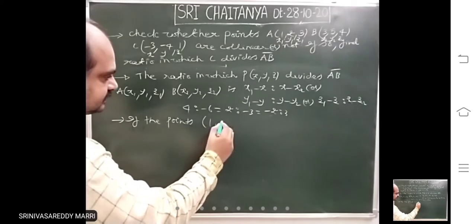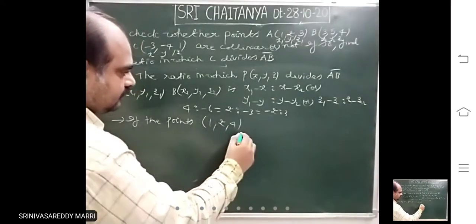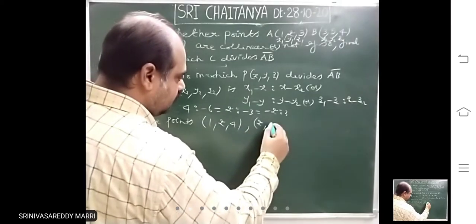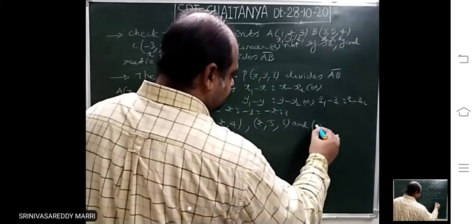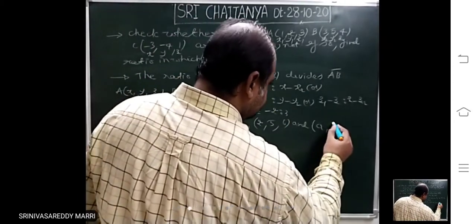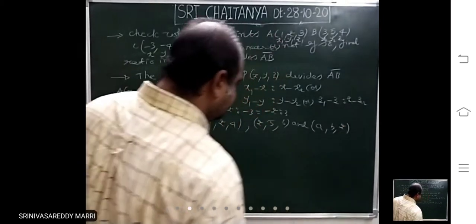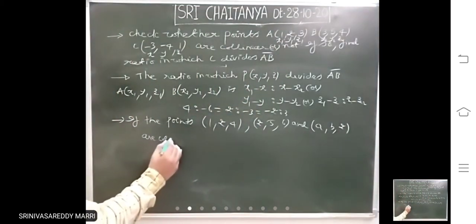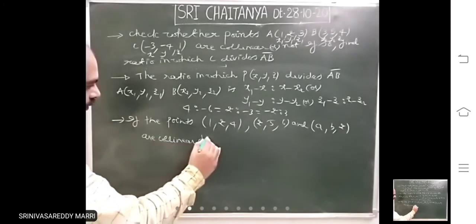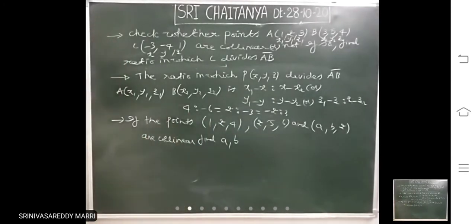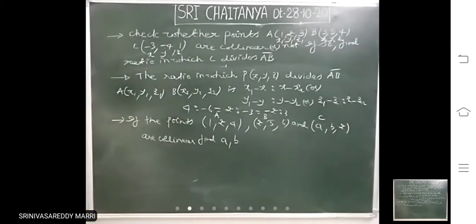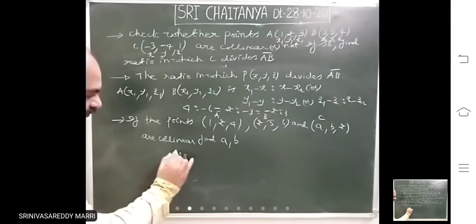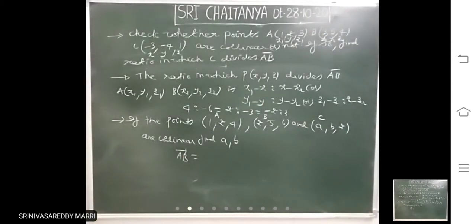If the points given are collinear, find A comma B. Find A comma B. Right? These 3 points are collinear. Write in vector form A, B, C. Collinear means AB bar you found. AB bar, find it. AB bar means what?